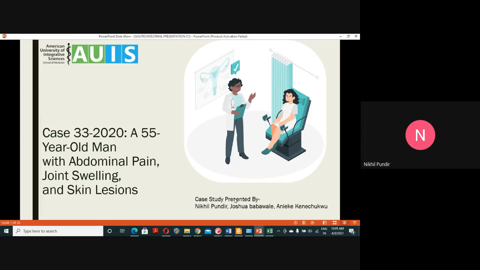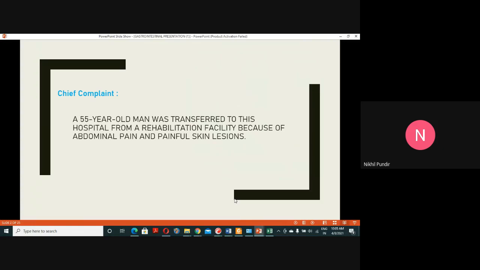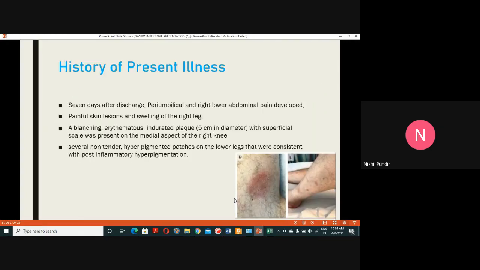The case we have is a 55-year-old man with abdominal pain, joint swelling, and a skin lesion. The chief complaint: the patient, a 55-year-old man, was transferred to this hospital from a rehabilitation facility because of abdominal pain and a painful skin lesion. So, the history of present illness: we have a patient with periumbilical and right lower abdominal pain with no fever, nausea, vomiting,